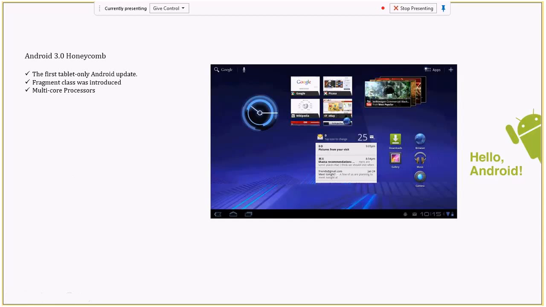The next release was Android 3.0 Honeycomb. This is the first release for tablets, so it made history here. This is where Android started supporting tablets, and they made a major change. They did a rework on the API.